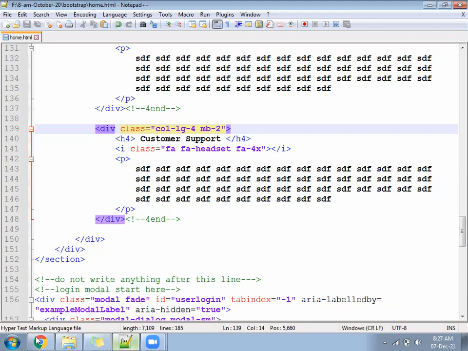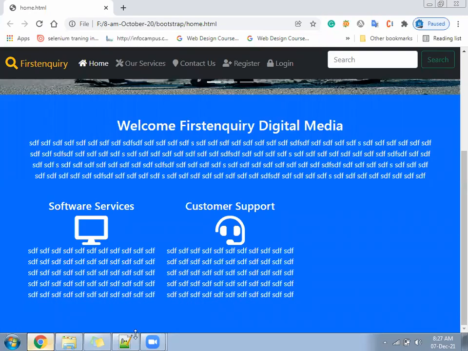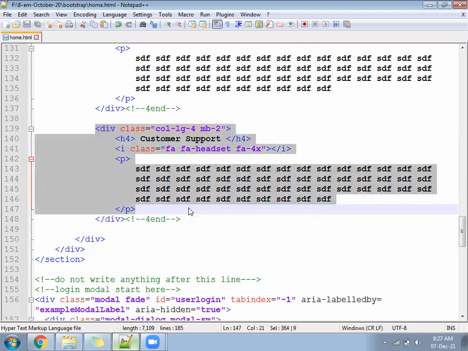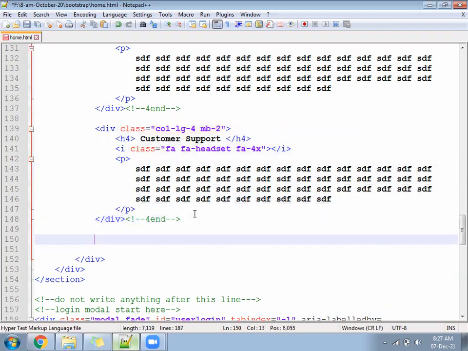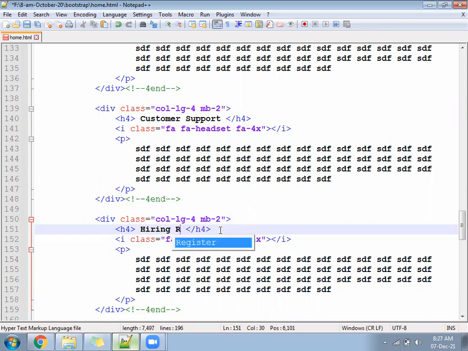Something like this. Two icons, add one more. Call LG4. That is called something. Hiring. Resources.